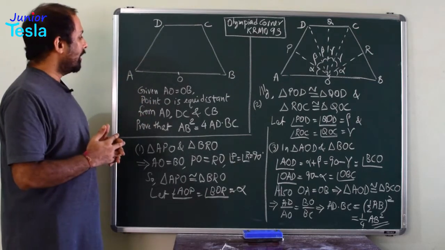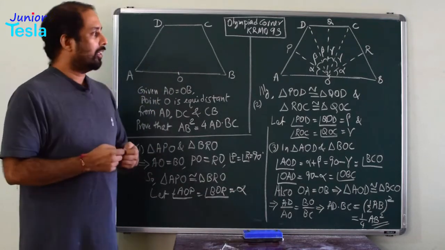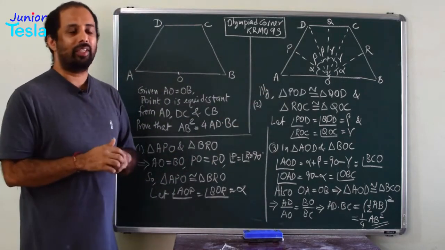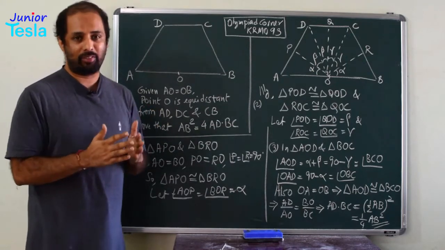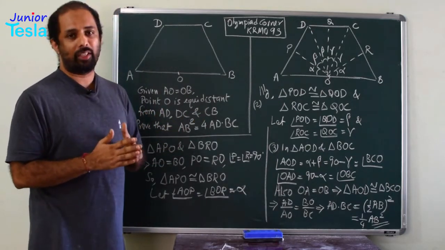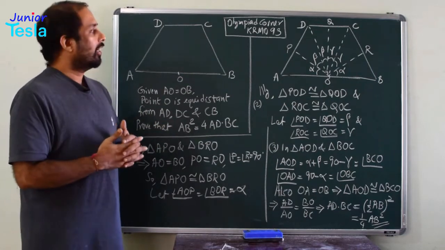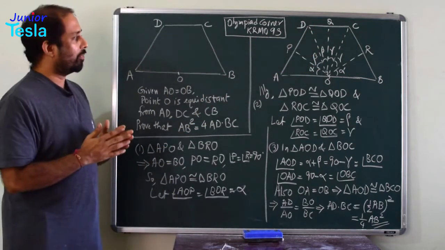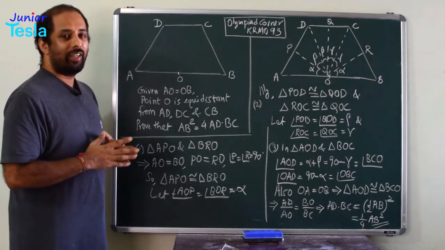Here they are saying there is a point O which is equidistant from the vertices A and B. So, we have taken that point O and connected that to three sides of the quadrilateral. OP, OQ and OR are the three perpendiculars drawn to three sides AD, DC and CB respectively. P, Q, R are the three feet of the perpendiculars. So, OP is equal to OQ is equal to OR, that is given in the problem, and you are supposed to prove this. How do we start?